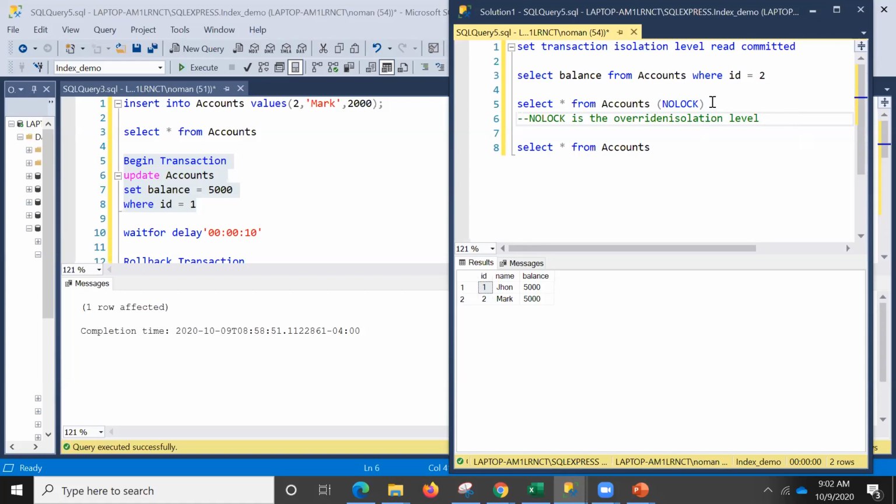I hope you remember, or you know about the CSS levels, the cascading style sheets levels. There are 3 of them: inline, external, and internal. Do you know those CSS levels? I'm talking about cascading style sheets. So Alex, yes, your statement is right. Does someone know about CSS, cascading style sheets, which we use in our websites to give styling to our web pages? Anyone know that? Oh, okay, okay.